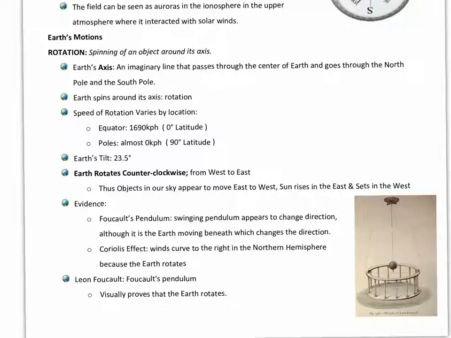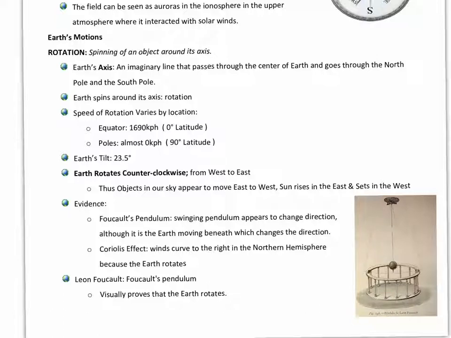Now, that spinning, they didn't always know about. There was a big argument with the geocentric model that the Earth was actually stationary and everything else was moving around it. When we got evidence from Leon Foucault, we were able to see that because his pendulum was swinging back and forth, the change in direction they associated with the rotation of the Earth underneath. In the text, you guys can actually click on a little video and see how that works. I'd encourage you to do that.